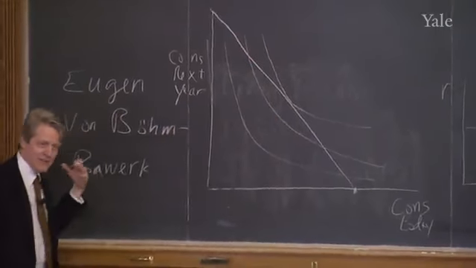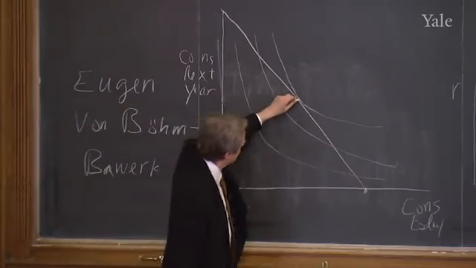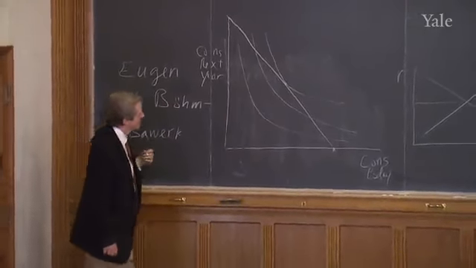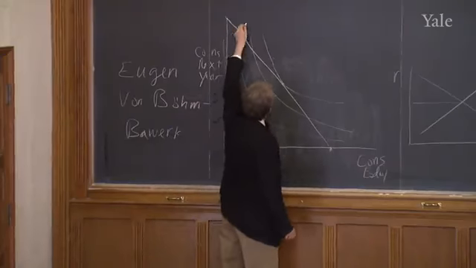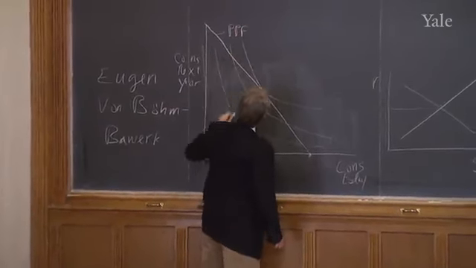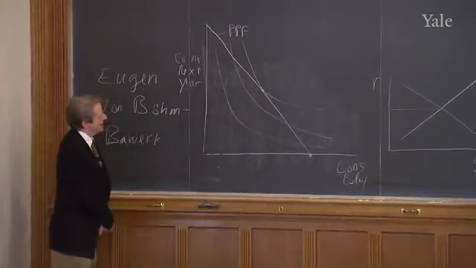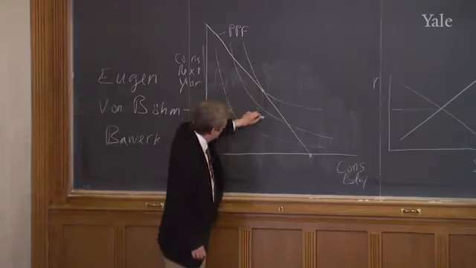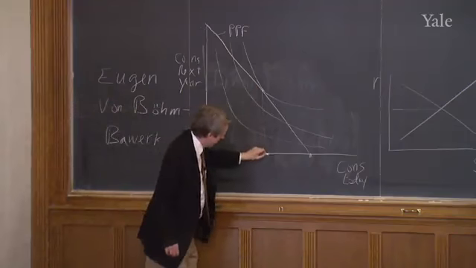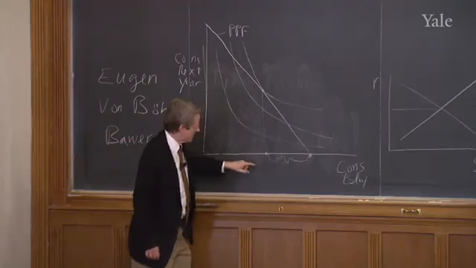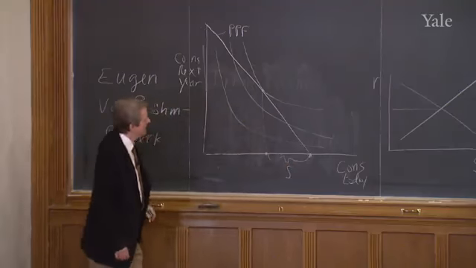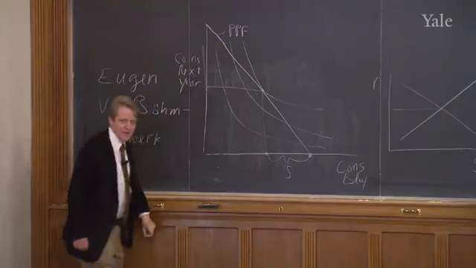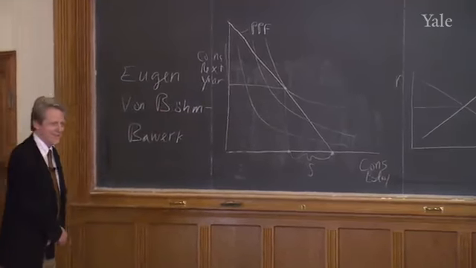So what does he do? He maximizes his utility and chooses a point on the highest indifference curve touching the production possibility frontier. This is the PPF, the production possibility frontier. And that determines the amount that he consumes and the amount that he saves. So he consumes this amount here, and the difference between his endowment and his consumption is his saving. And then next period, he consumes this amount. All right, that's simple micro theory. That's familiar to you?